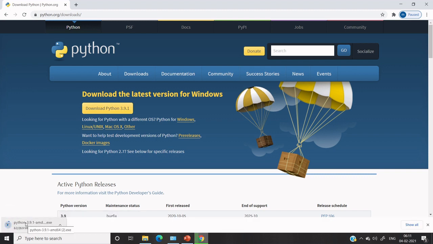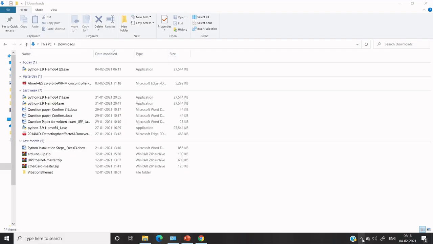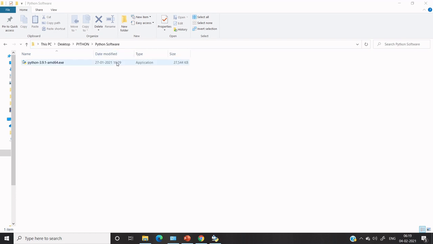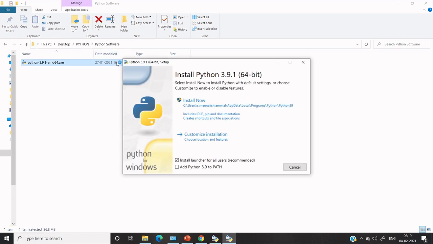Now it begins to download. Go to the downloads where you could see the downloaded file. Now open this file. In the first screen, you have to tick this box, add Python 3.9 to path, and give install now.